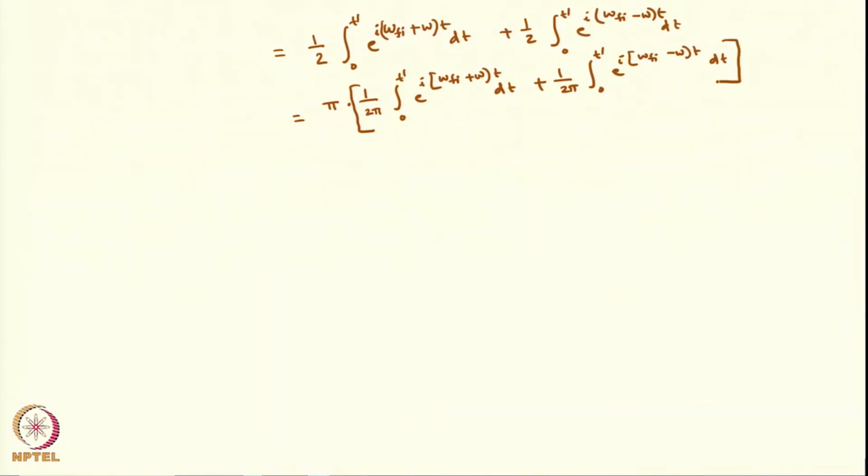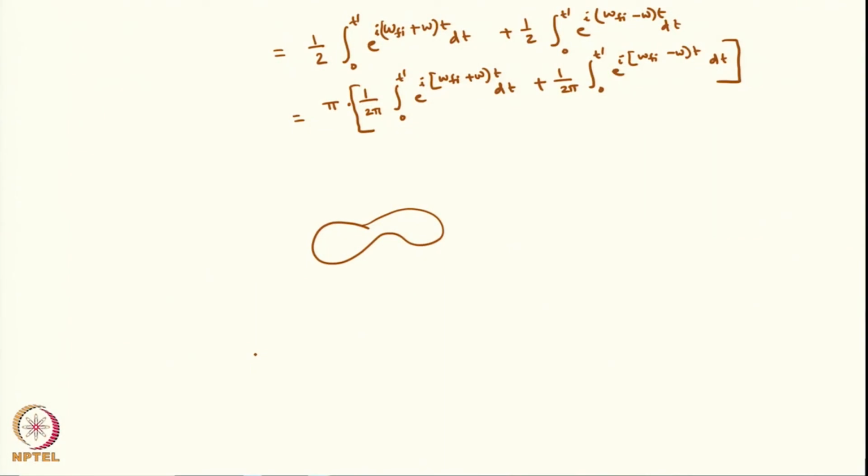Let us suppose you have some atom or a molecule, some system. Okay. So, let us say some atom or a molecule and at time t is equal to 0 you switch on the light. Okay. And at time t is equal to t prime you switch off the light. So, this is 0 and this is t prime. So, you switch on the perturbation at time t is equal to 0 and switch off the perturbation at time t is equal to t prime, and you will see now this will be minus infinity and this will be plus infinity.